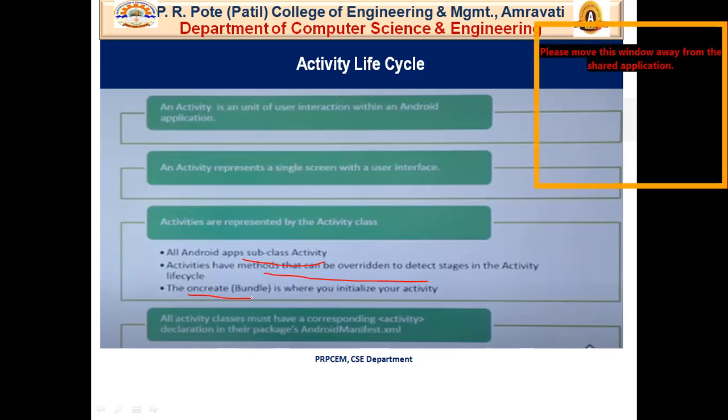After this small introduction of the manifest: the manifest file has all the activities listed in it.